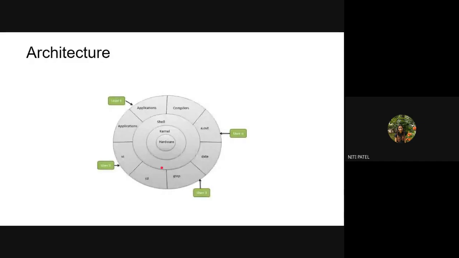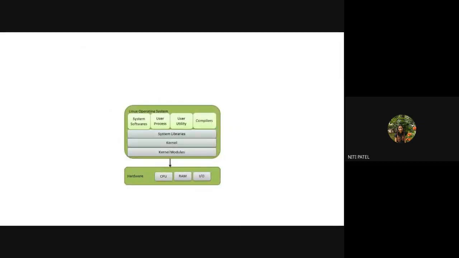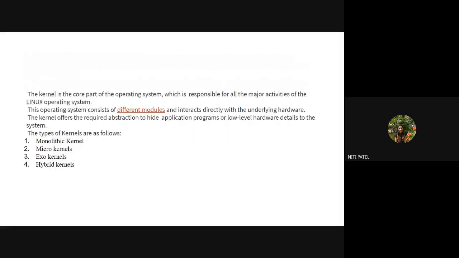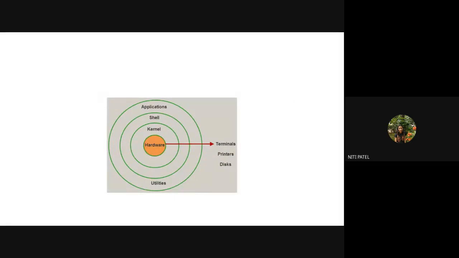So either you can draw this diagram or you draw this diagram, it is the same. Understood? Or you draw this diagram. Any one can be drawn from all the three. So with this, we complete the first lesson, Introduction to Linux. Is this clear up till here? Any doubts? Any one of you?